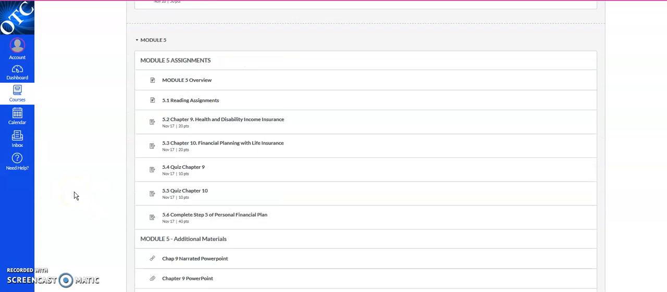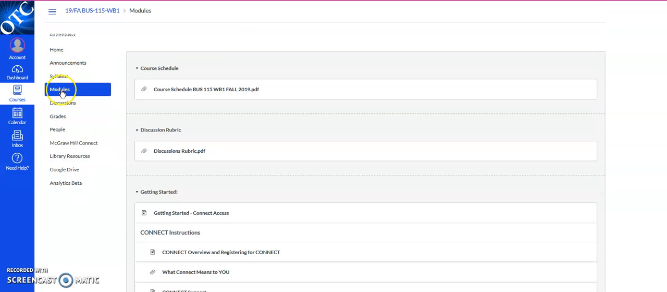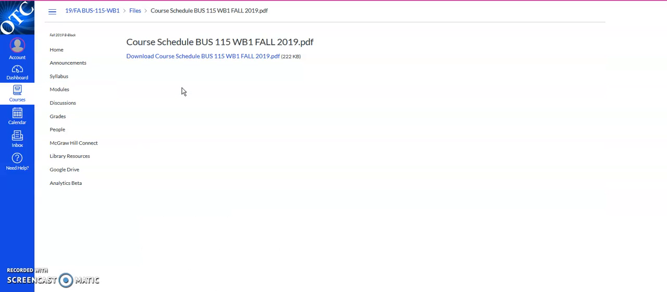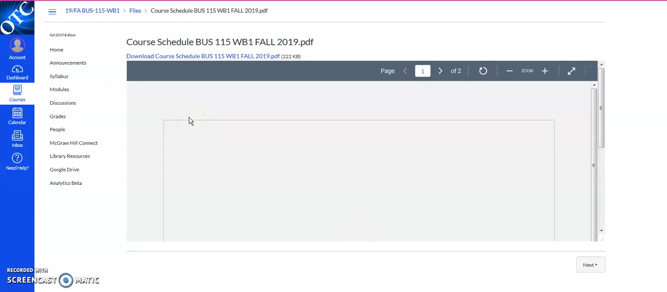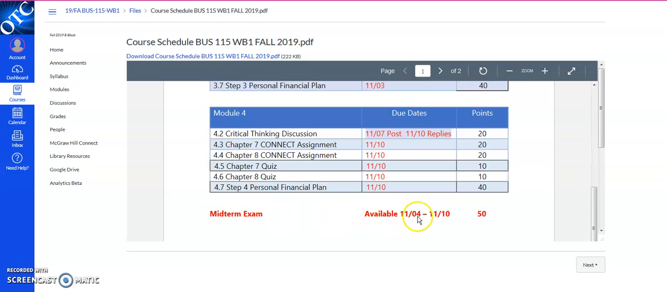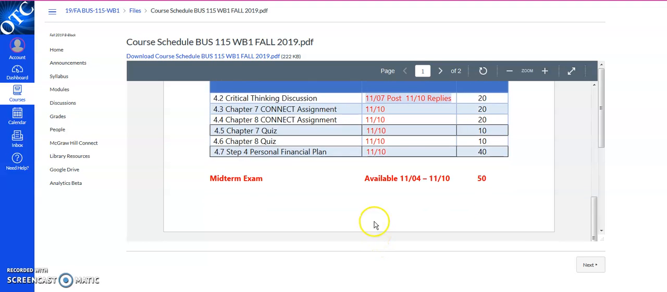Let's scroll back up to modules, course calendar, course schedule, and let's scroll down here to where it says midterm exam. Yeah, that'll be available to you November 4th through November 10th. It's a 50-point exam. And you're more than welcome to use your book or any notes that you've taken